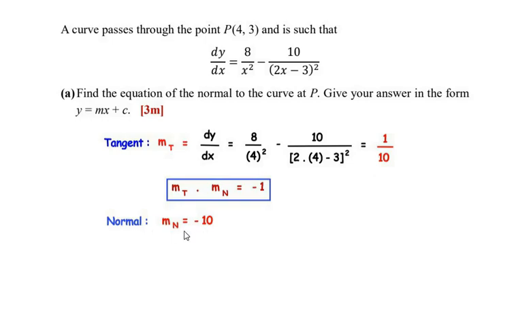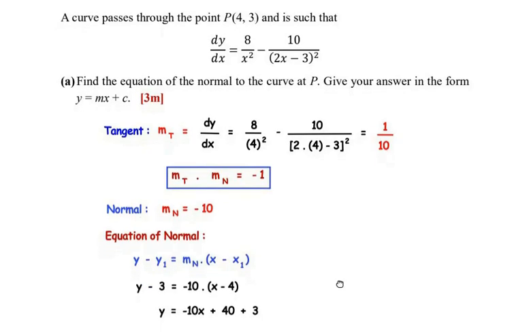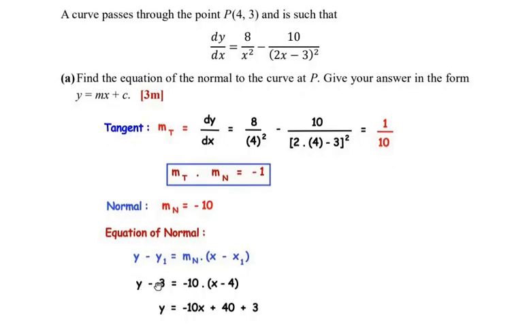Now once we have got this, let us use the equation representing a normal line. It is given as y minus y1 is equal to the gradient of the normal times (x minus x1). Now here the normal passes through the point P. We are going to consider (4, 3) as (x1, y1). So here we are going to get y minus y1, that is 3, is equal to mn, which is -10, times (x